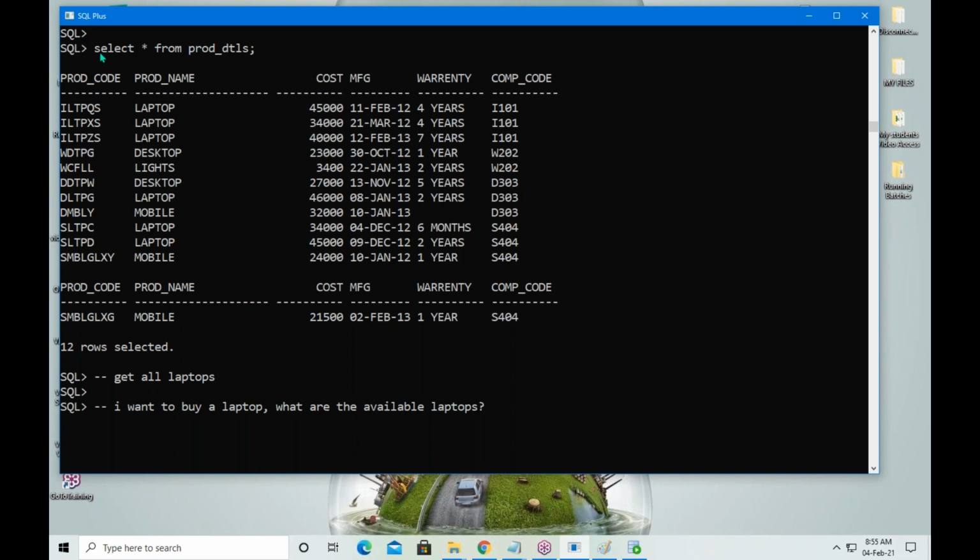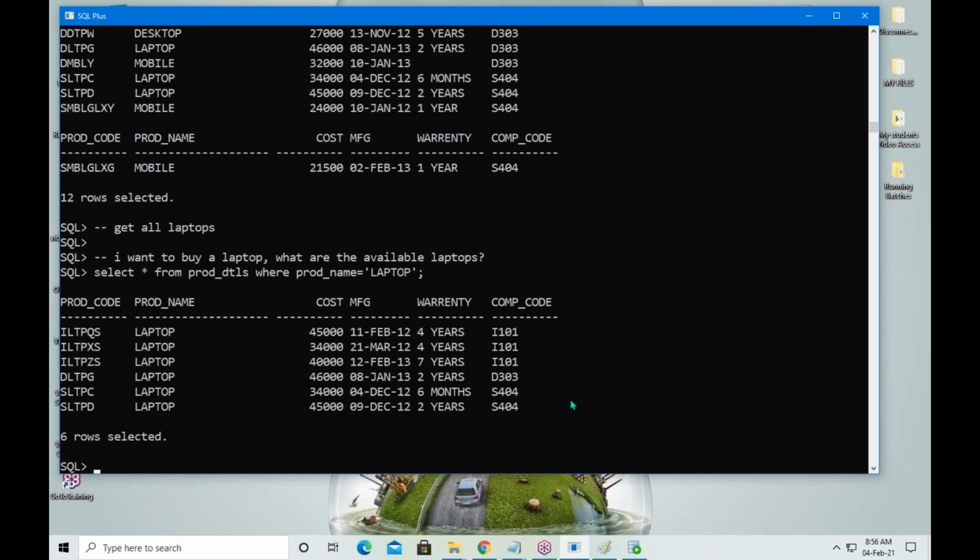To give this answer, it will take just 1 minute, but to explain, the two questions are the same, yet the explanation takes 2 or 3 minutes. That is the difference between the old days and present days. Select star from product details where product name equal to laptop. You will get all laptops.